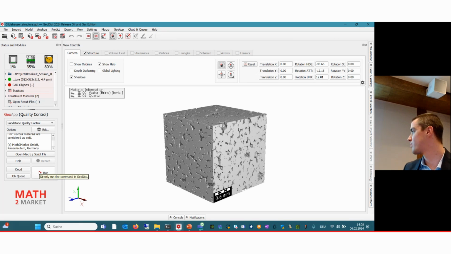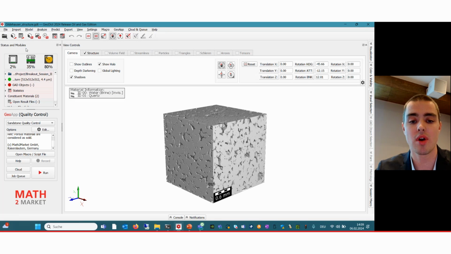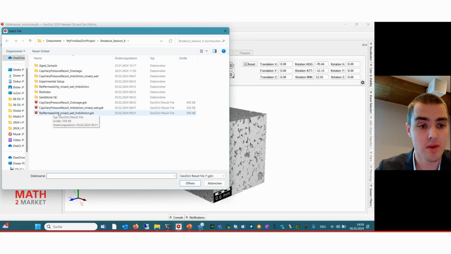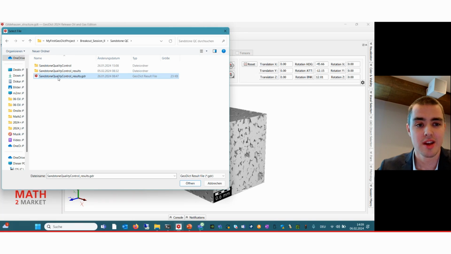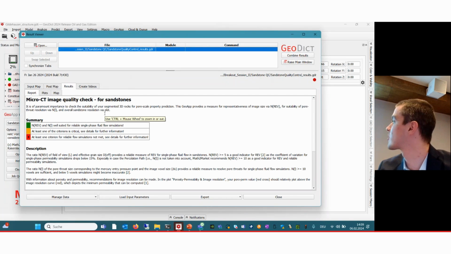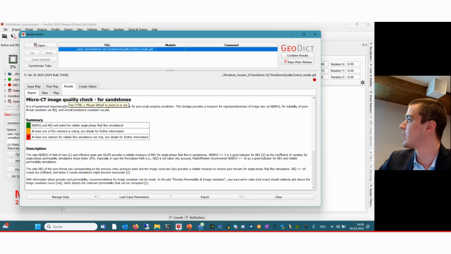It would take us maybe 10-15 minutes, depending, of course, also on the sample size. And therefore, I'll now show you the results that I previously computed for this particular sample. So quality control, help me if you see, there it is. Sandstone quality control. And for this particular sample, this is the general look of the results you would get.